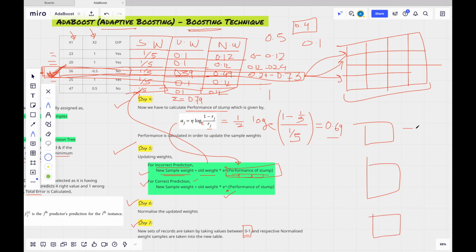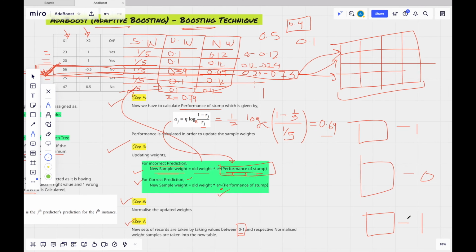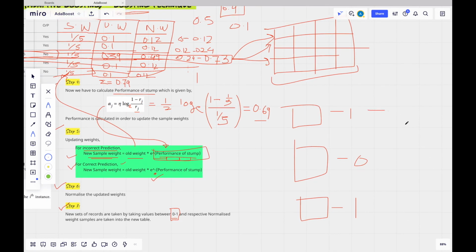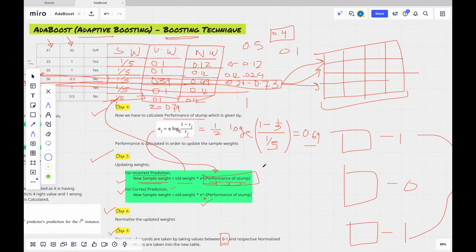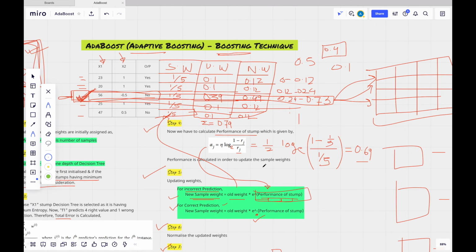This is giving 1, this is giving 0, this is giving 1. Out of this we got the majority as 1, right? So 1 will be the output. So this was the working of AdaBoost, which is also known as adaptive boosting.